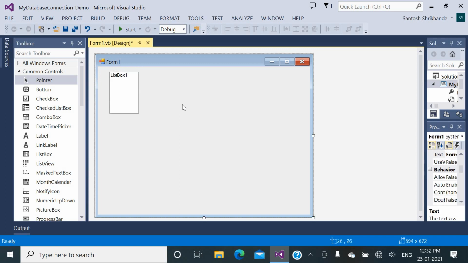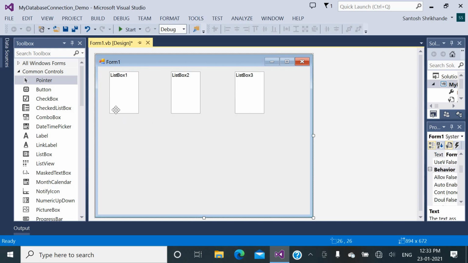salary. For this purpose we need three list boxes, because in the first list box I am going to open the EMP ID of all the employees, in the second list box the EMP names of all the employees, and in the third list box the salaries of all employees. So here we need three list boxes. I am going to copy this list box and paste it. So here, dear friends, we have copied the three list boxes. The first list box is for EMP ID, the second is for EMP name, and the third is for EMP salary.